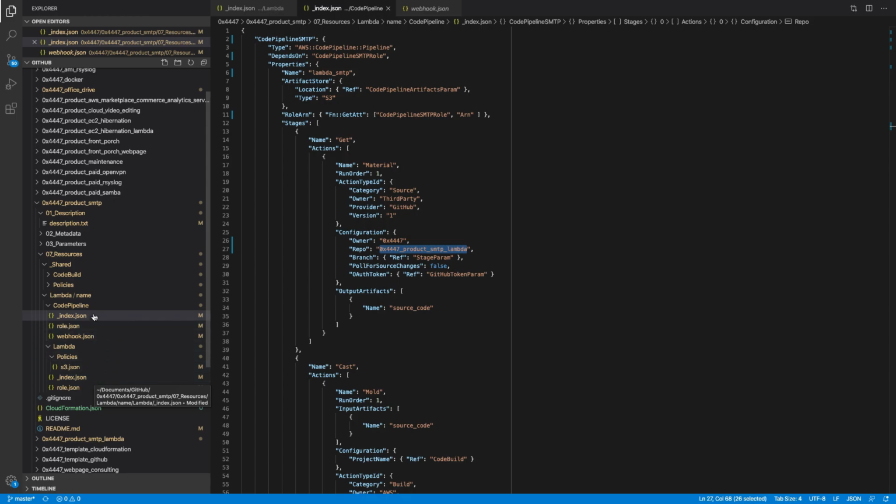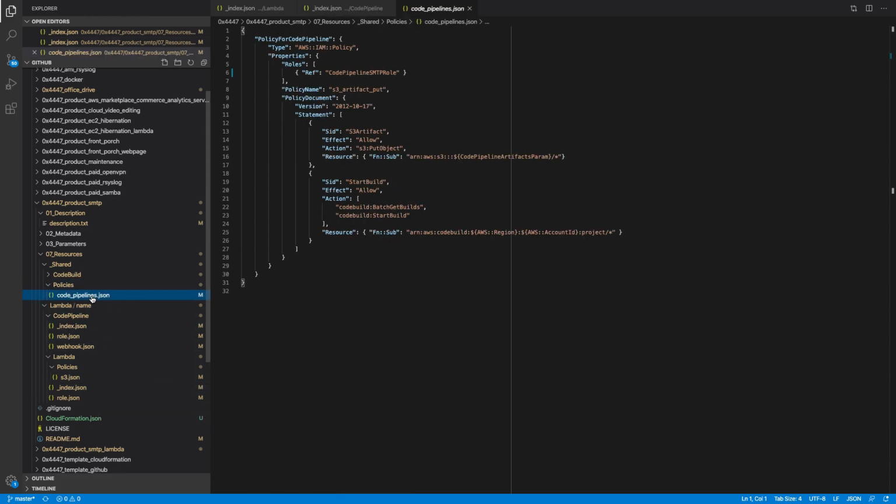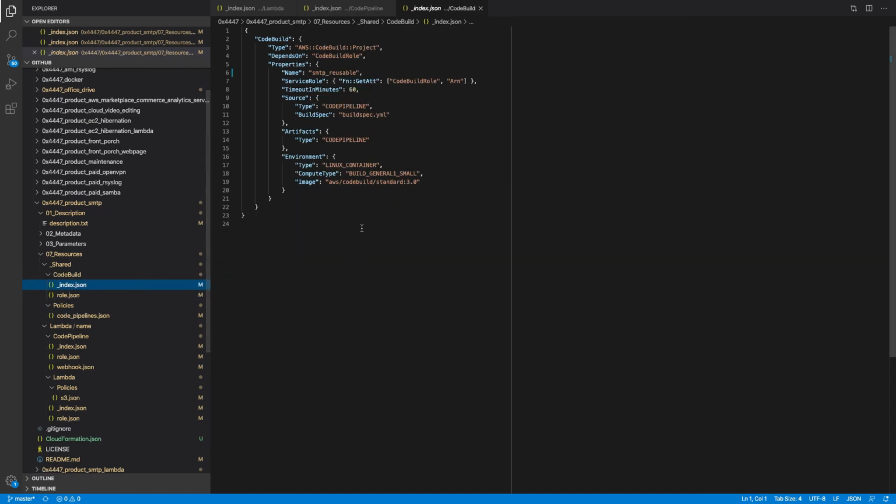So that's done. Then we have code pipeline SMTP role. Okay, this makes sense. So what we are doing here, actually, for example, this code build is